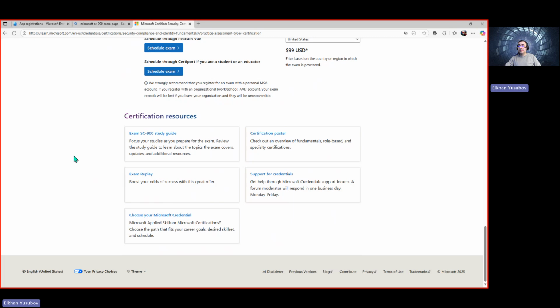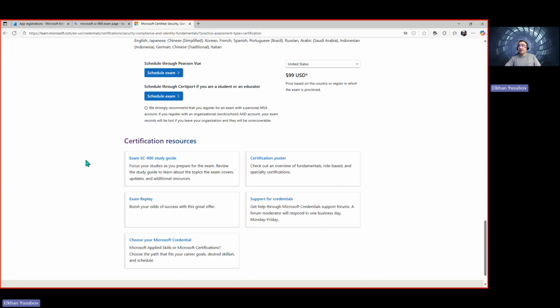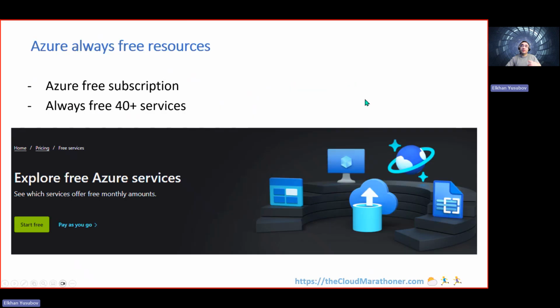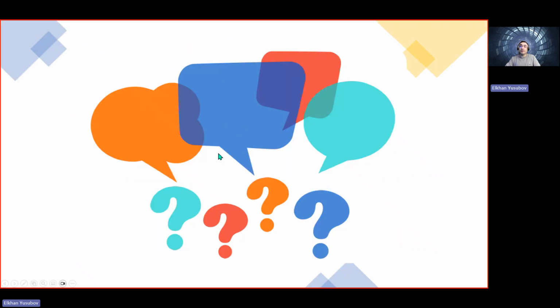Okay, I hope that actually helps you to understand all these things. And if you want to check the poster that I shared earlier, you can check this resource here for all these security exams that are available currently. I want to remind that if you never used the Azure subscription, go and provision one. Once that free subscription of 30 days is expired, you can always use the more than 55 actual services that are available for free. You just need to make sure to enable that SKU and use that one.